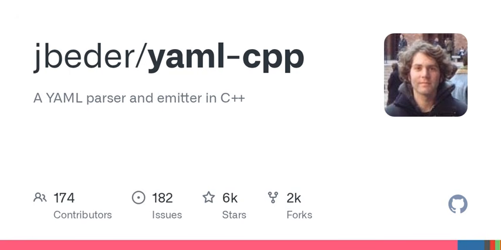Integrating YAML with a CMake project. CMake provides a convenient way to fetch external projects using FetchContent. In your CMakeLists.txt, add the following. Include FetchContent, declare YAML-cpp, git repository https://github.com/jbeder/yaml-cpp, git tag,